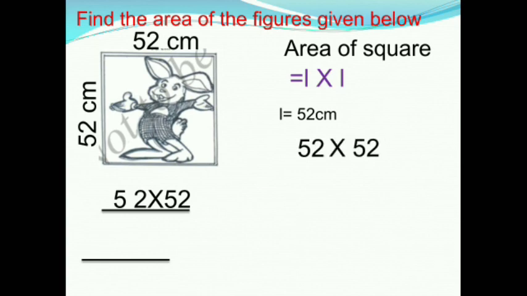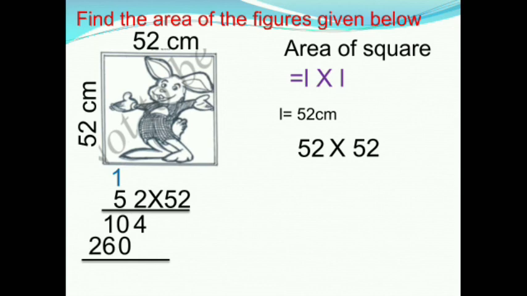First we should multiply 2 and 2. 2 2s are 4. Next we should multiply 2 and 5. 2 5s are 10. Now we should multiply 5 and 2. 5 2s are 10. Write 1 carry above the 5 and write 0 below the 0. Now we should multiply 5 and 5. 5 5s are 25. 25 plus 1 carry, 26.